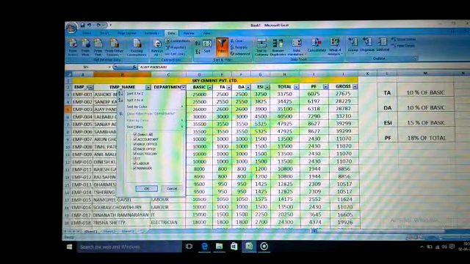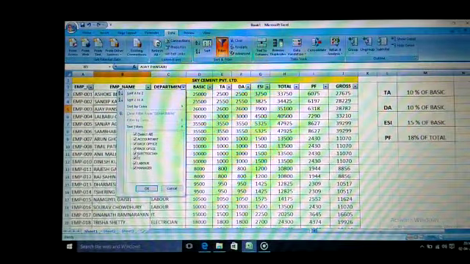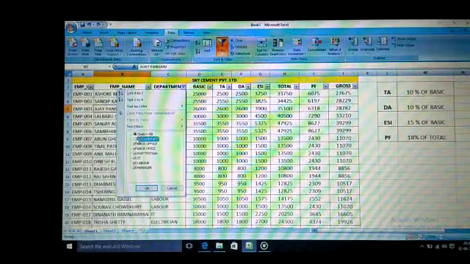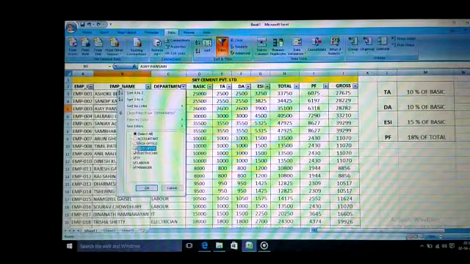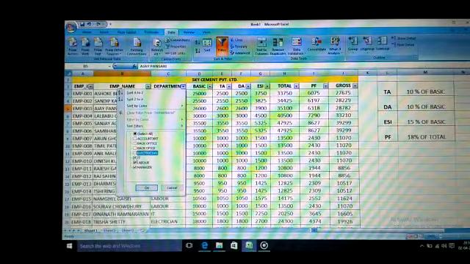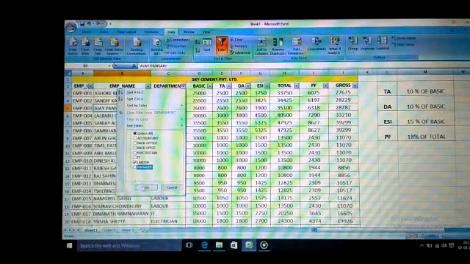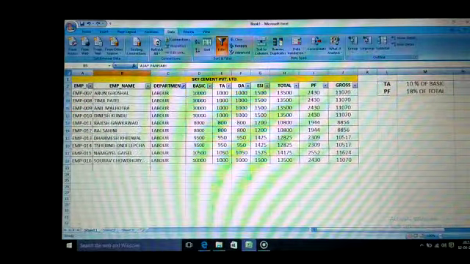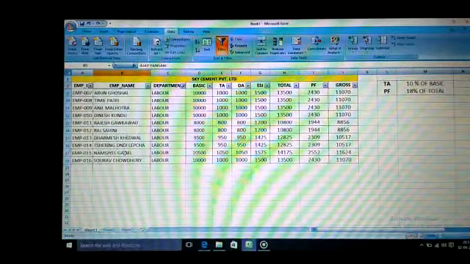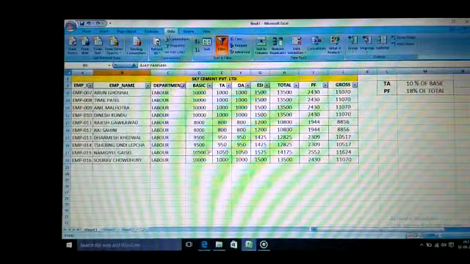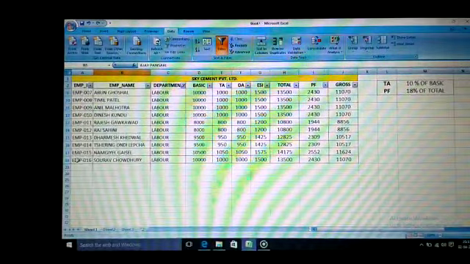I want to show how many laborers are working in my company. So I turn off the tick mark of all departments except labor, and click OK to see the laborers working in our company. That is their salary details, and this is their ID details.